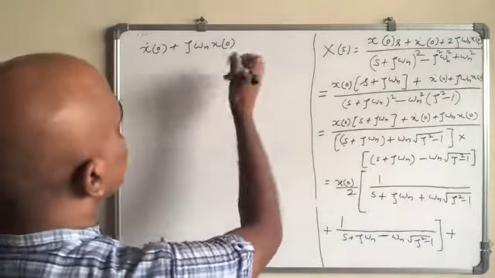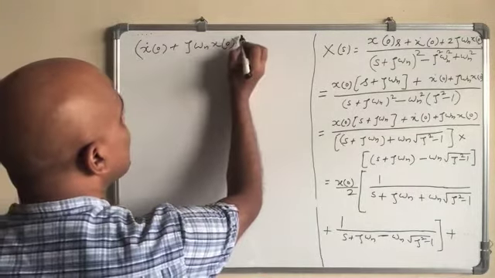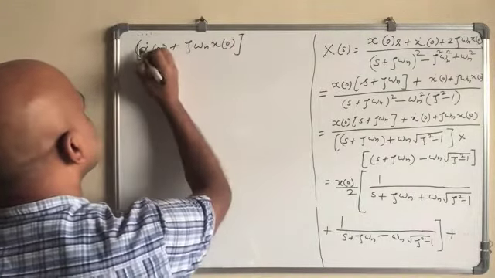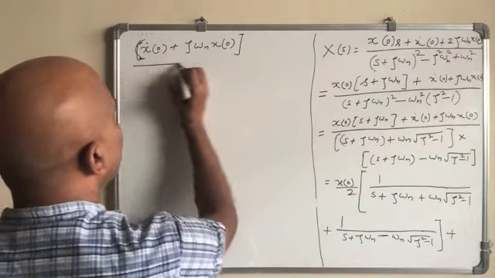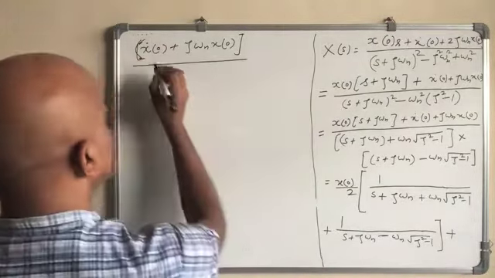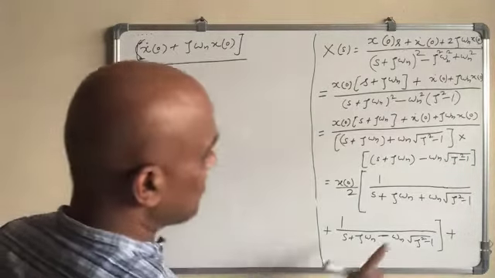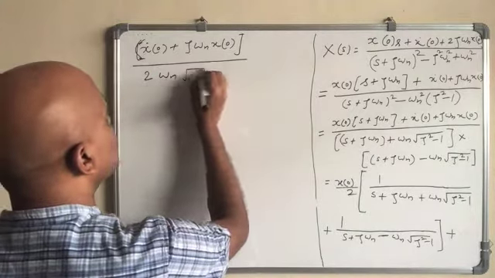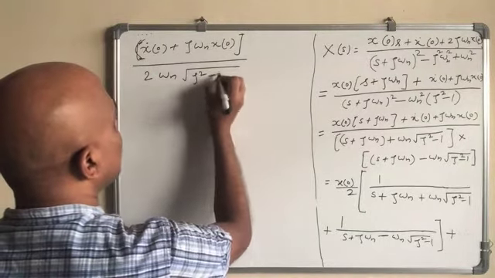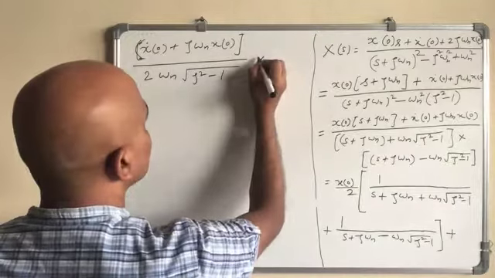So let's write this one like this, and we divide it by 2 omega n root zeta square minus 1, and then we have